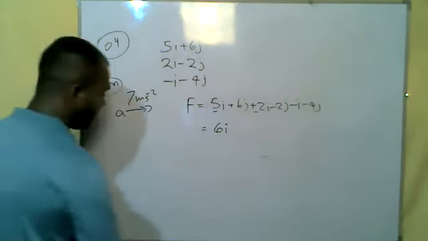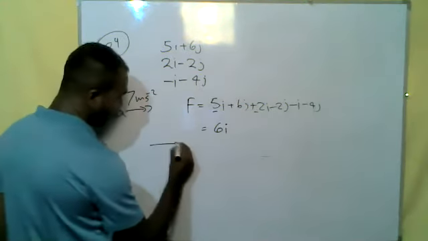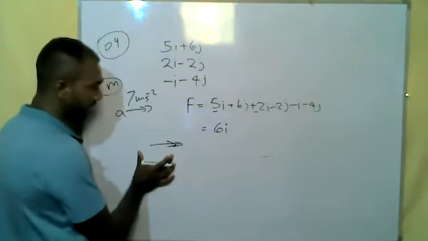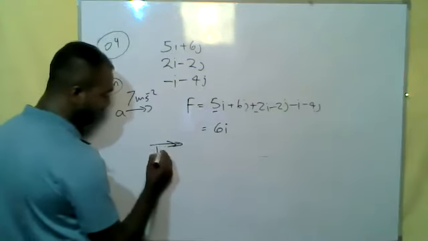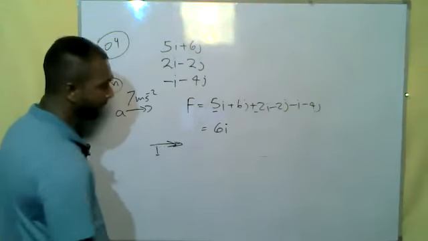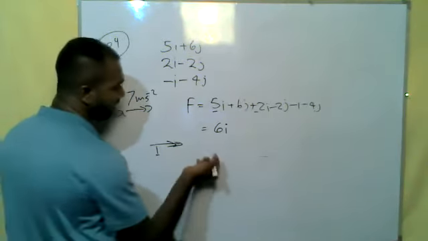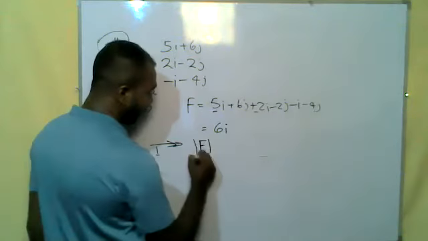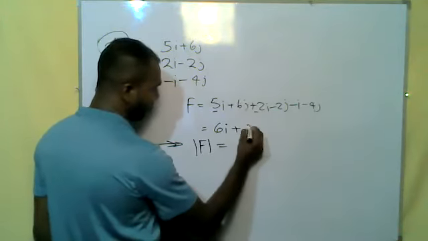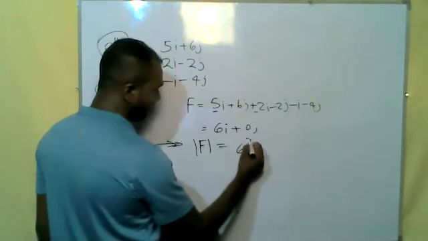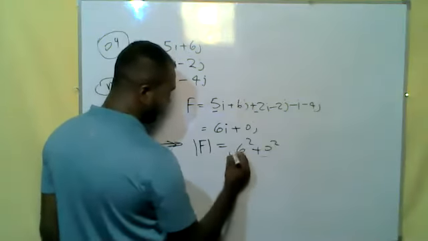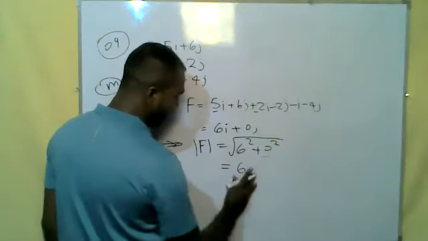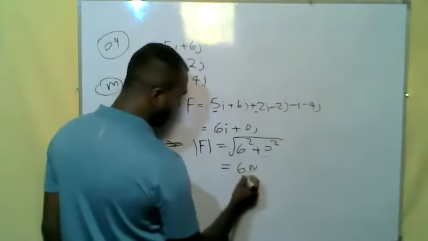Okay, so that means what? There is a net force acting upon this body with a magnitude of 6 newtons along the direction of i. Okay. And if you find the magnitude of the resultant forces, how much will it be? It will also be the same, no? If you put 0j here, so 6 to the power 2 plus 0 to the power 2, it will not make any difference. How much is the net force acting upon this?